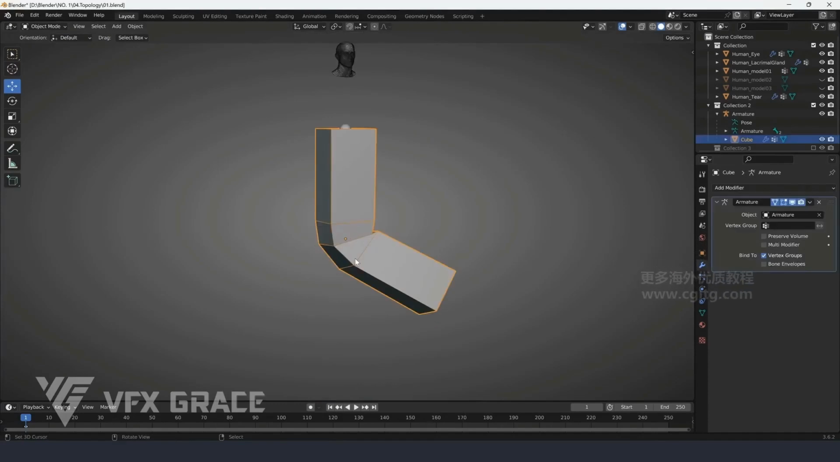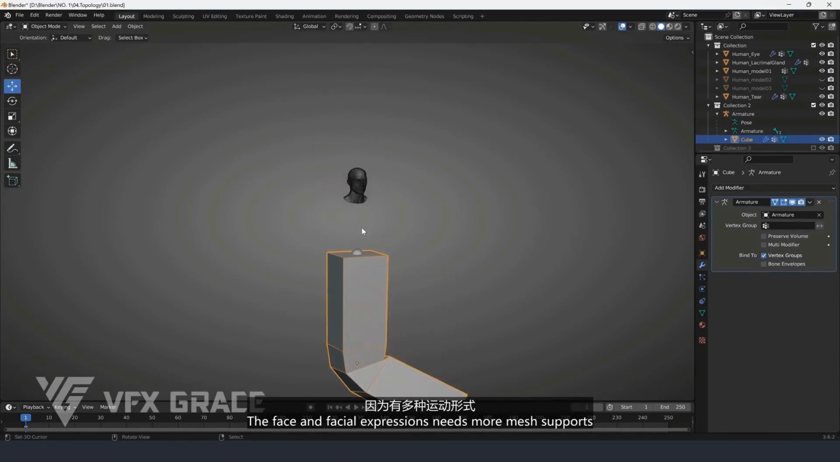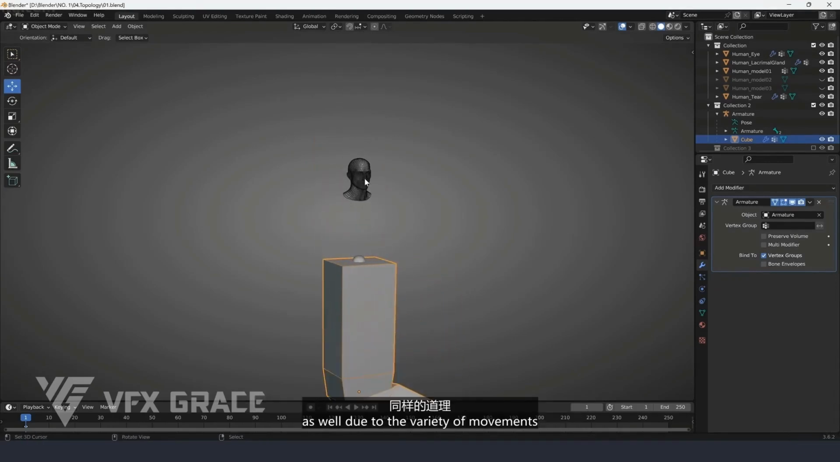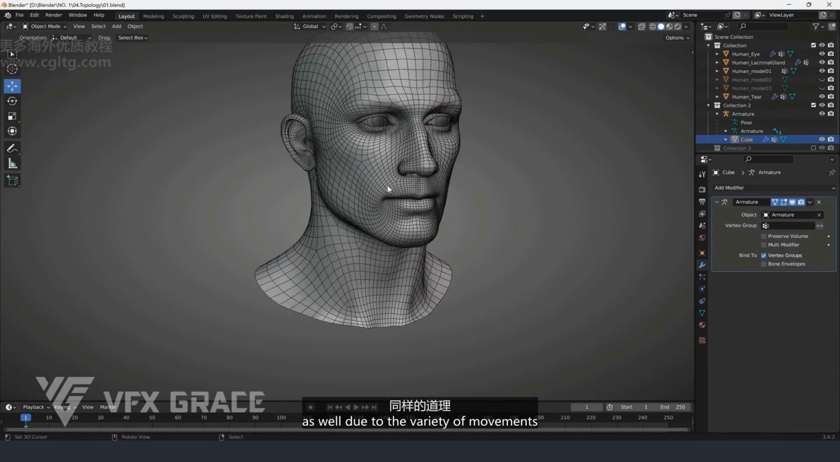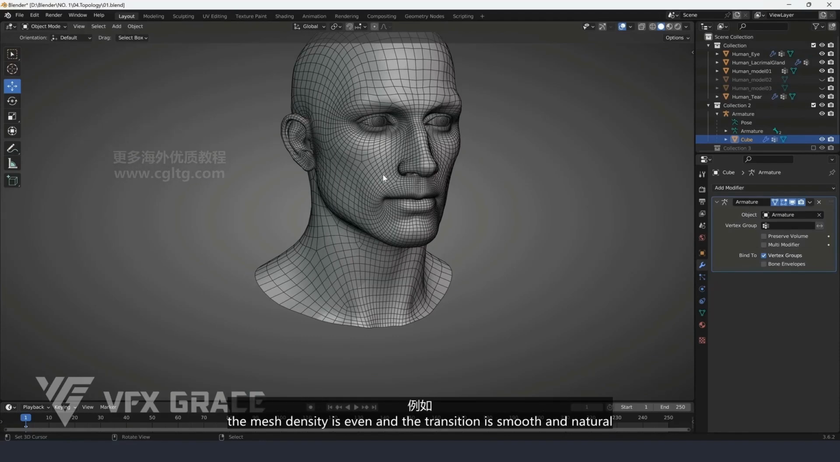Like this object, there are 3 edges, and the other parts without bending contain few edges. The face and facial expressions need more mesh support as well due to the variety of movements. However, it's important to note that it is essential that the mesh density is even and the transition is smooth